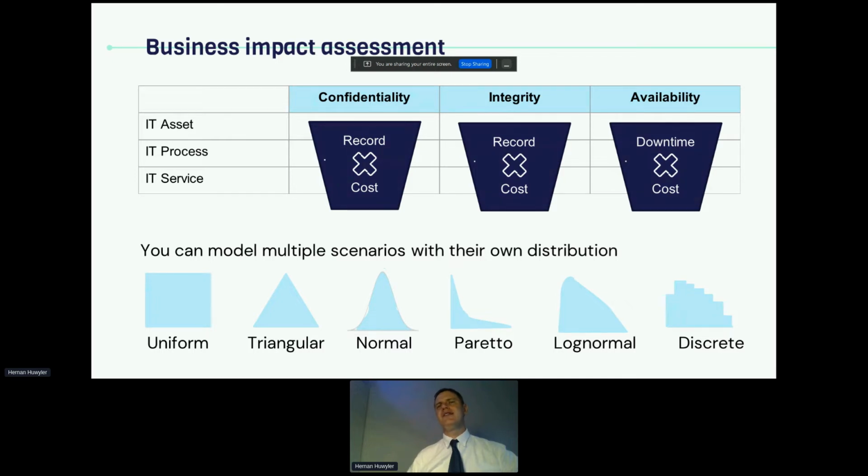We are assessing this risk not in number of records, but in hours. And we can also have a standard cost for that service or asset, and the frequency for those risks is also different.